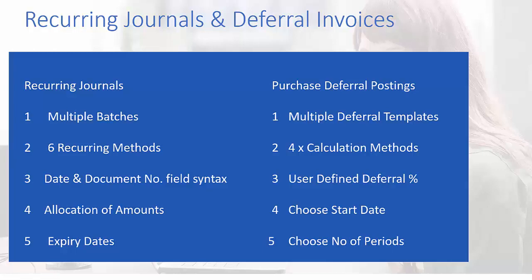For the user defined, the user actually marks up the deferral lines as required for each individual invoice. The user can control how much of the invoice is to be deferred, e.g. 100%, 50%, whatever is the correct value, and also when that deferral is to start and how many periods to defer the posting over. So let's go to the system and see how it all works, and we'll start with